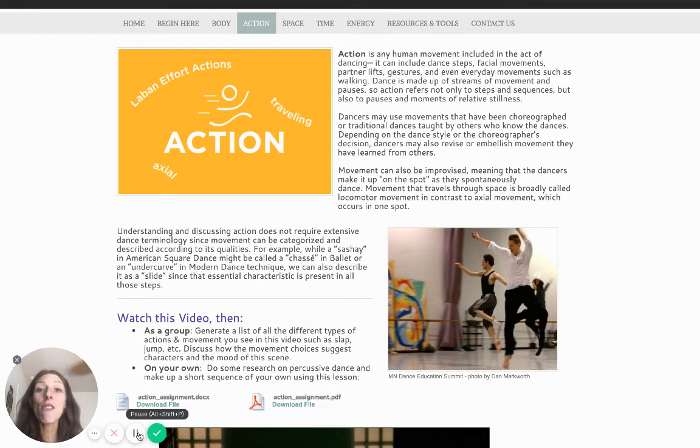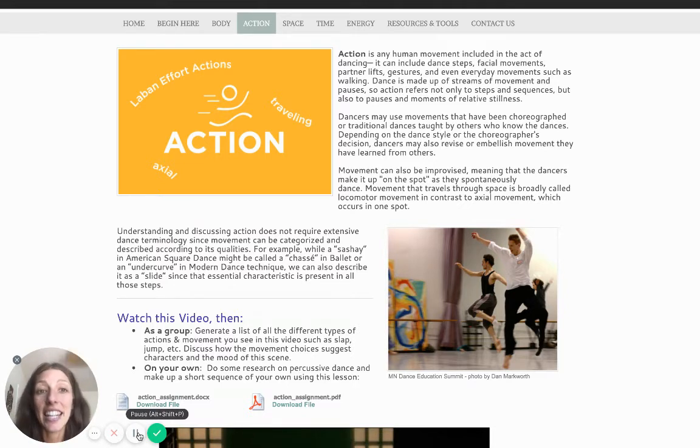Great. So now let's explore this idea of action a little bit deeper. If you would like to pause and have a student read this out loud, that would be awesome. Or several students, you could divide it up by paragraph. Or if that's too difficult, I will go ahead and read this part out loud. Teacher's discretion.